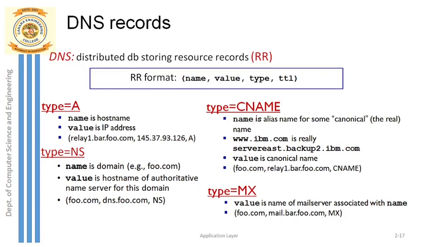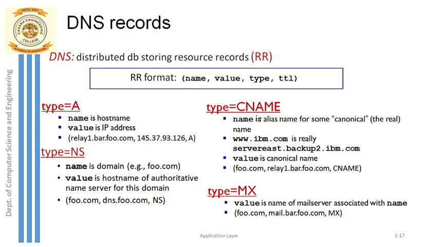Okay, let's see now the contents of this DNS server. What exactly is stored in DNS server? Maybe it is authoritative DNS server, or it is TLD DNS server, or it may be root DNS server. What exactly is stored in this DNS server? We will see that. See, every DNS server has something called as a database, and that database contains this DNS records.